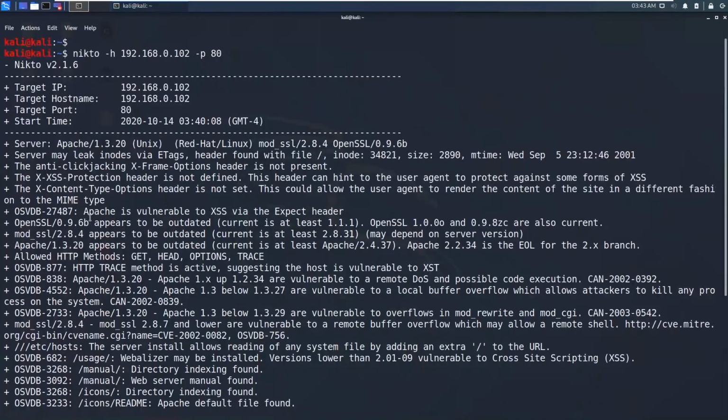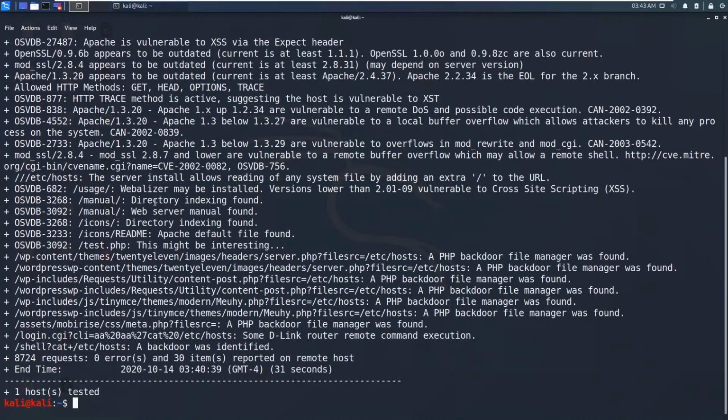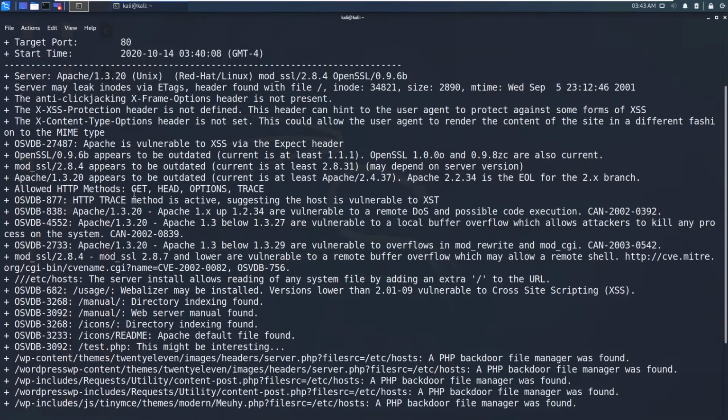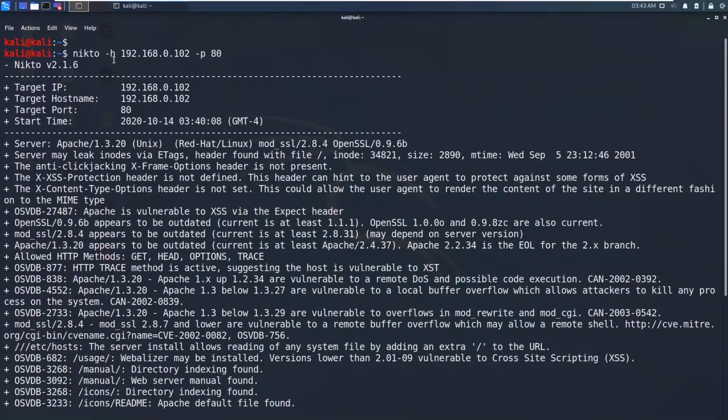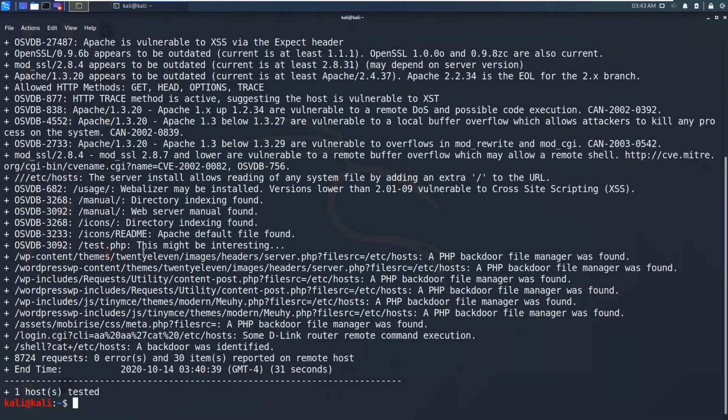So you can say that Nikto is pretty noisy. If there is a web application firewall, it may alert the administrator that we are sending so many requests from a single computer, that is our computer, from the Nikto application. That's why you should use Nikto only if you have permission to do the web application assessment.